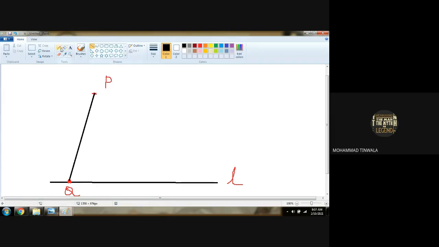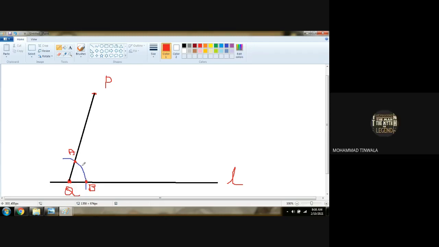So we will open the rounder and pencil, and as per the regular steps, we will take center point Q with a random measurement and draw an arc in such a way that it intersects line L at point B, and line segment PQ at point A. We have drawn an arc from point Q that intersects line segment PQ at point A and line L at point B. Any doubt with this?